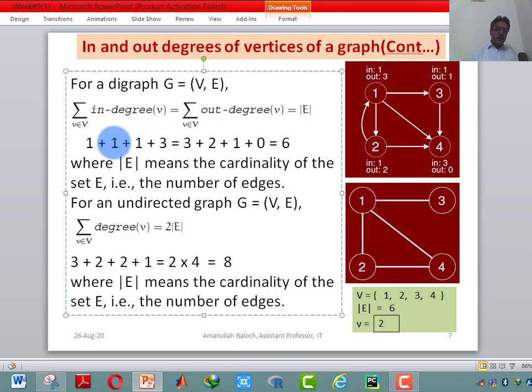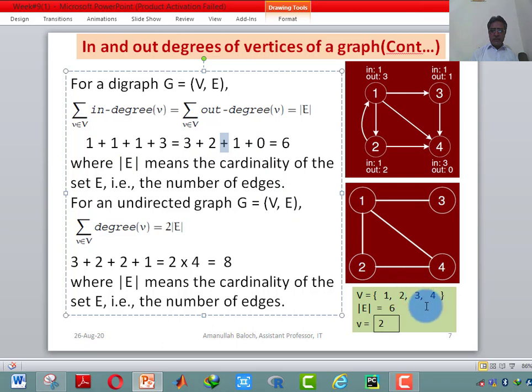So here we will write 1 and here we will write 2, and between these summation symbols we will insert this plus and this plus. After that we will process node 3. In degree is 1, out degree is 1. So this one is in degree and this one is out degree.